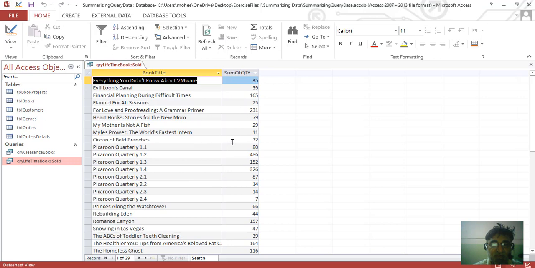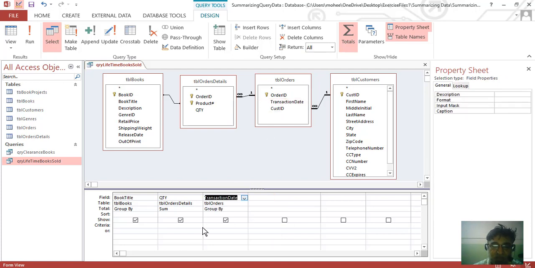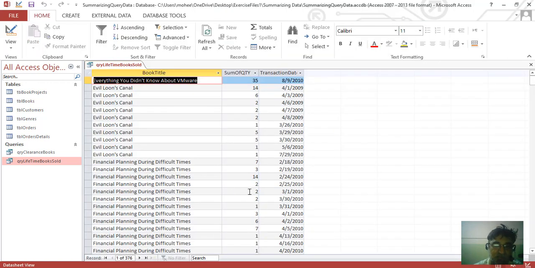You can see that 25 records are there. Let's get a little bit complicated and insert the transaction date here. And we would like to see the records only for 2009. We would like to aggregate and group the records by 2009.